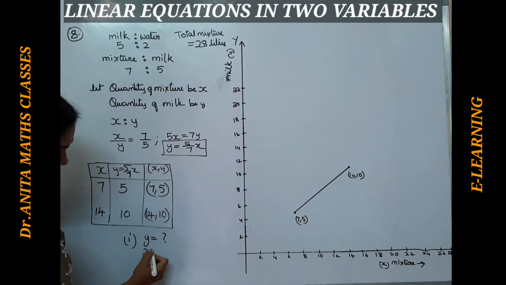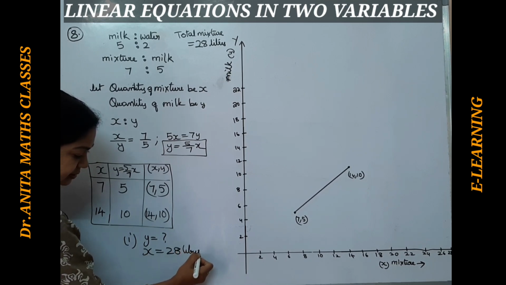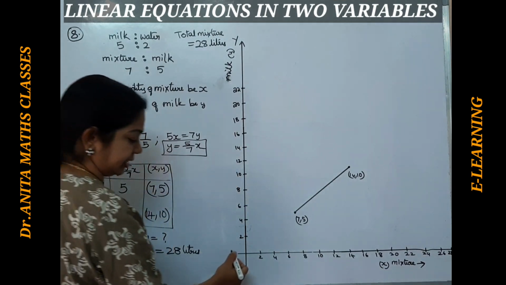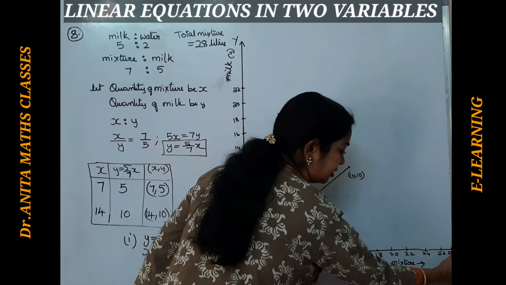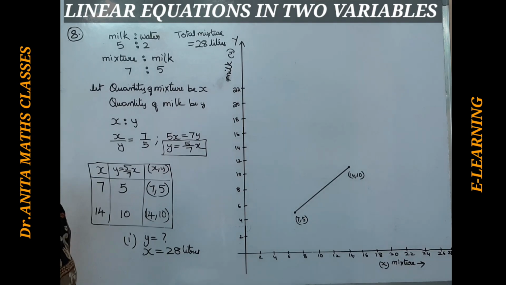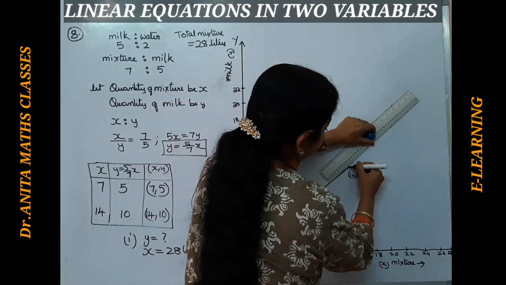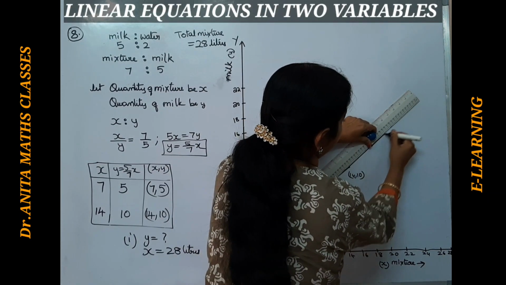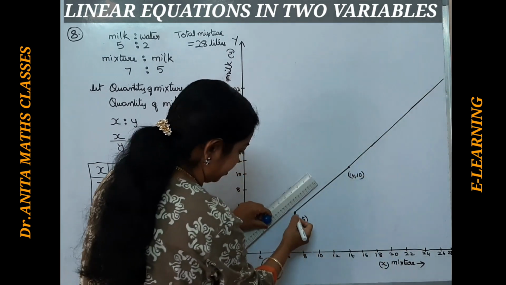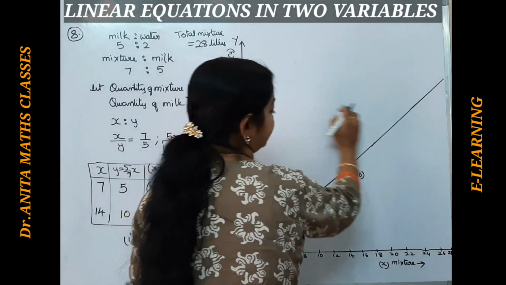when the mixture, I am supposing mixture as 28. X is the mixture, 28 liters. But not by substituting, but from the graph. So when x is 28, till 28 I have written here. When x is 28, draw a line such that it should cut the graph at some point. From there you have to draw. So if you are taking it on your graph sheet, you will get it exactly. So from 28 if you take,